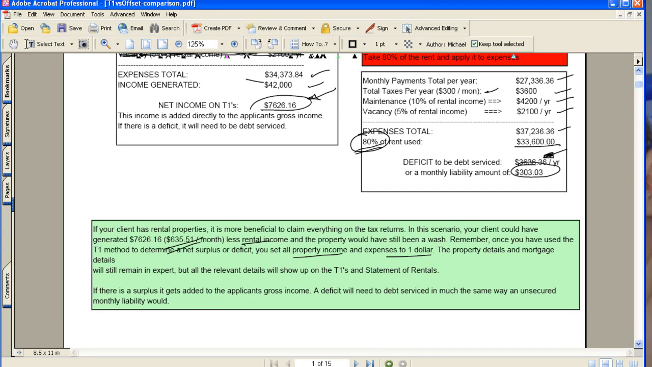And that is how you use the new T1 method for investment properties that are owned over 2 years and are declared